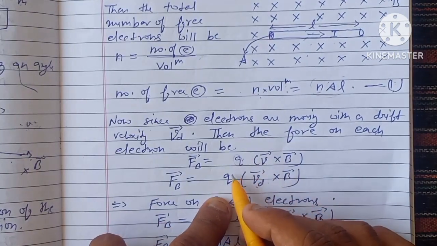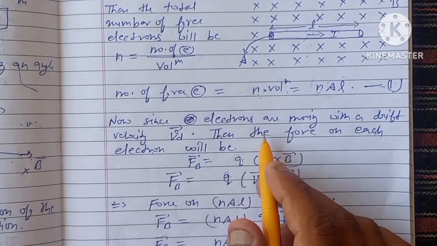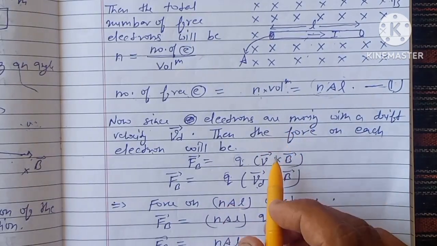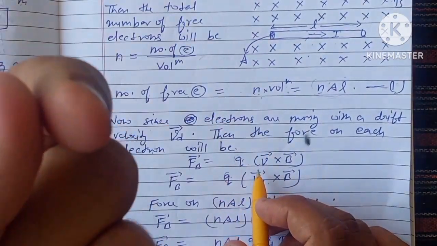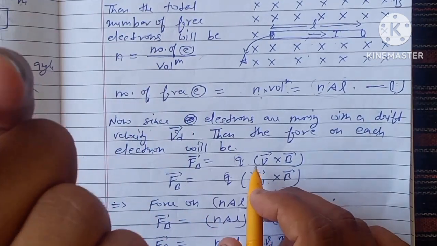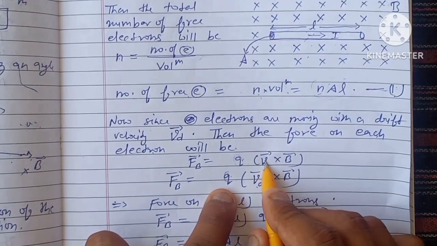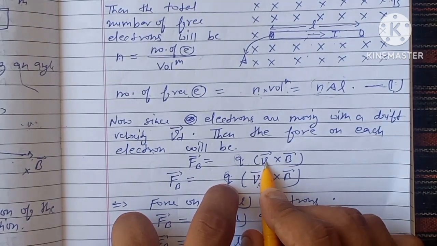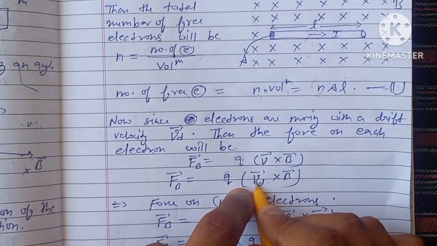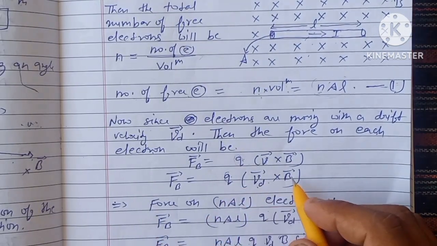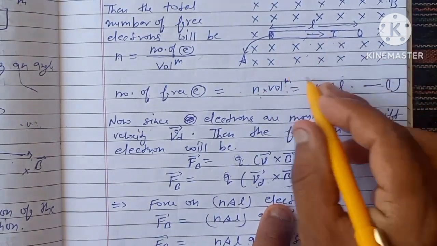Now here the charge will be nothing but the charge on an electron. Keep this point in mind that I am calculating this force for a single electron at this time. So the force by the magnetic field on a single electron will be given by this expression. Here Q is the charge of the electron and V is the velocity of the electron, and the velocity will be the drift velocity, because electrons are moving with a drift velocity, and B is nothing but the magnetic field. So now a single electron has this much amount of force exerted by this uniform magnetic field.